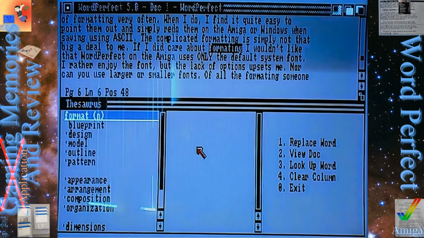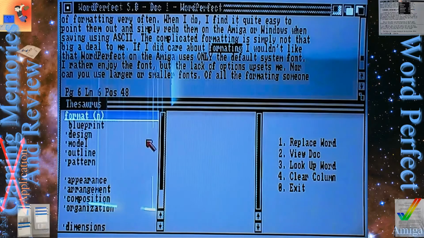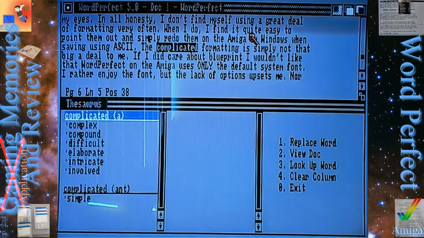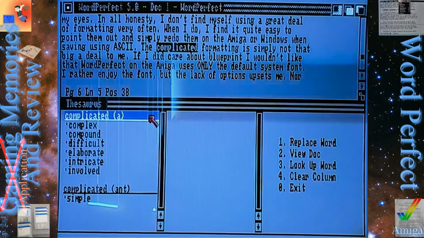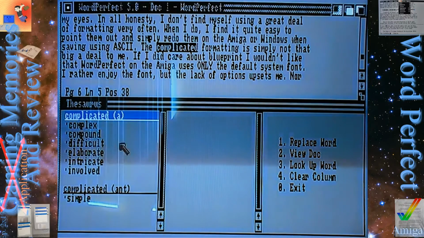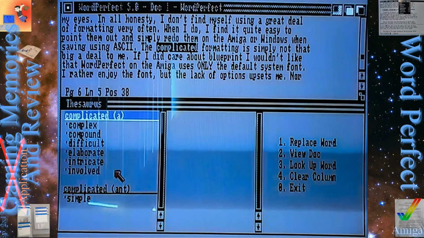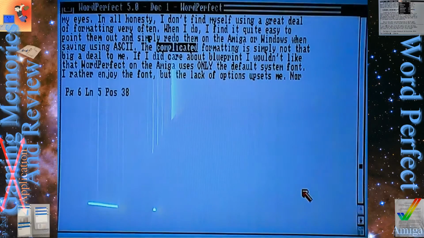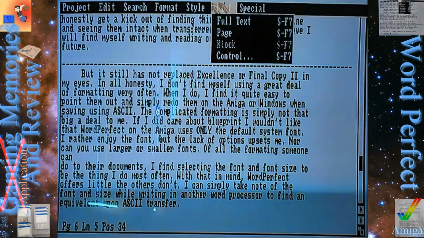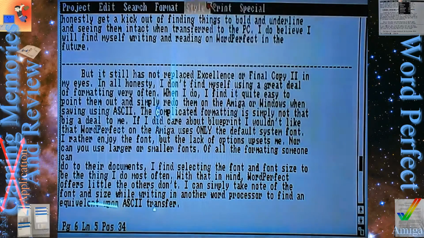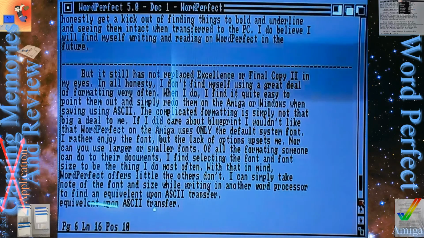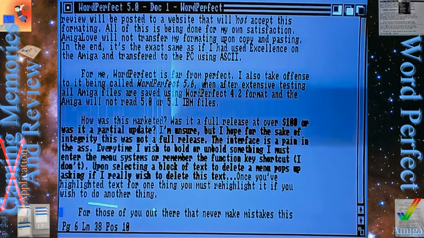So for formatting, it says we can do format, blueprint, design, appearance. Okay, so actually that's okay. If I just click on the word and then go to Thesaurus, I can do complex, compound, difficult, elaborate, intricate, involved. Okay, so I'd say this Thesaurus is probably a pretty good one then, I guess. Nothing else really in terms of the menus here, so pretty much this is the full document, and